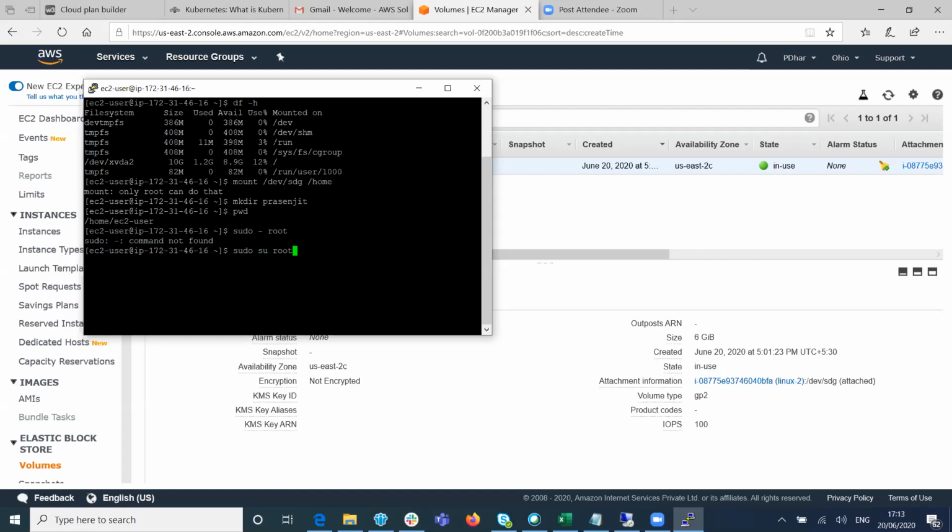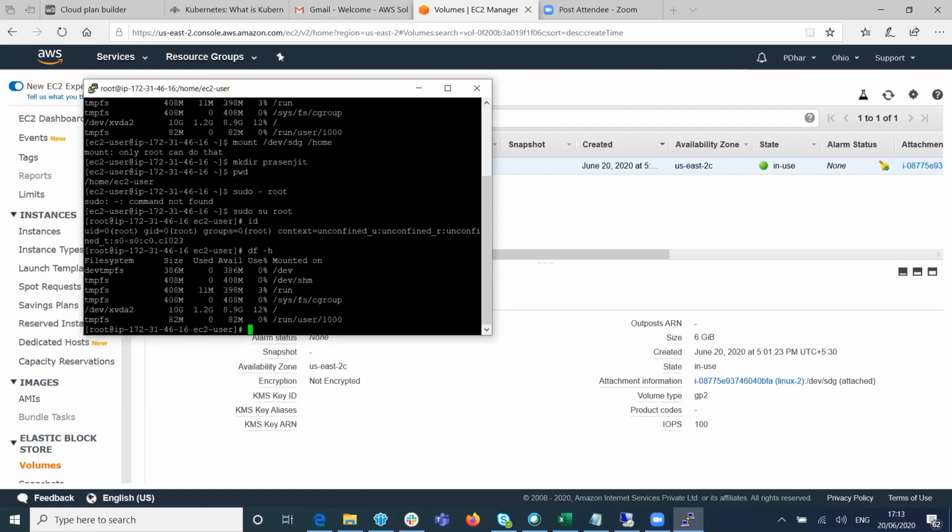But sudo itself is not found. Okay. Now you say mount. Now if you list the disk, it may list here, I think. But anyway, we'll mount it. No, it's not there.